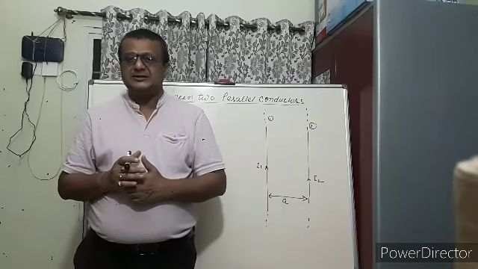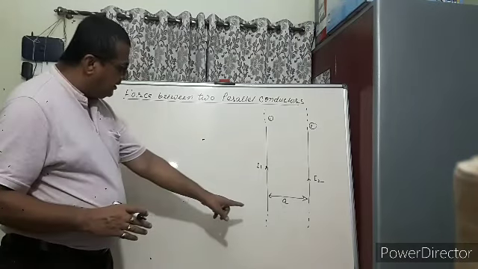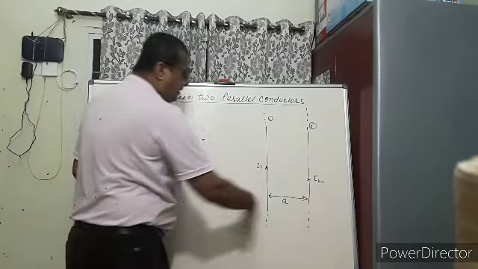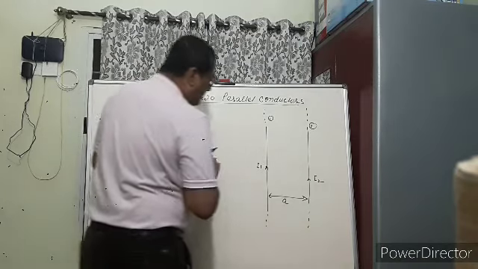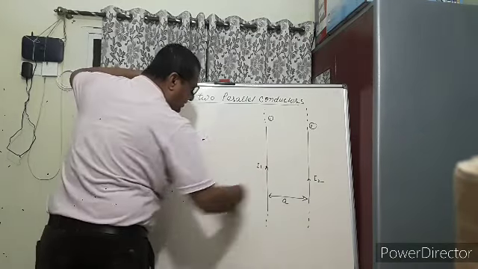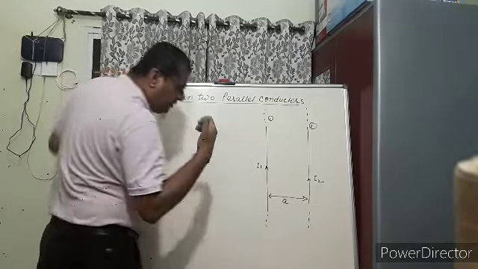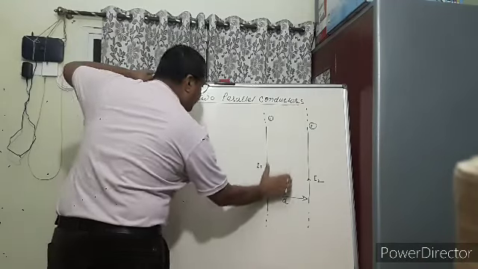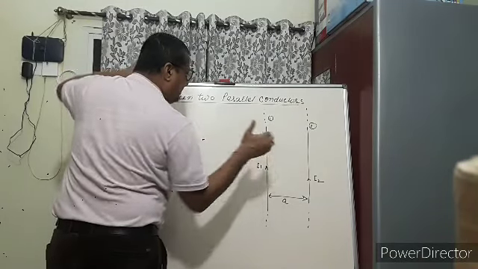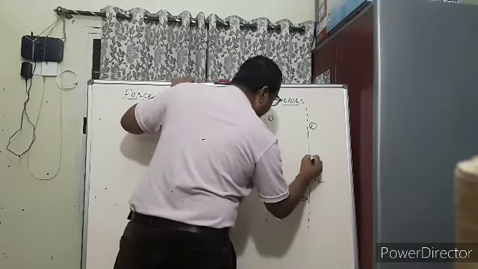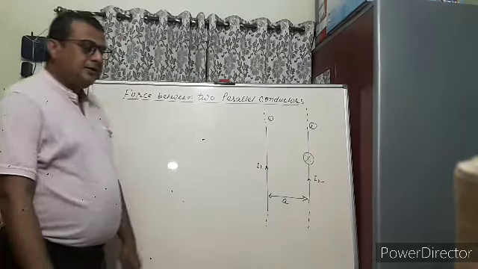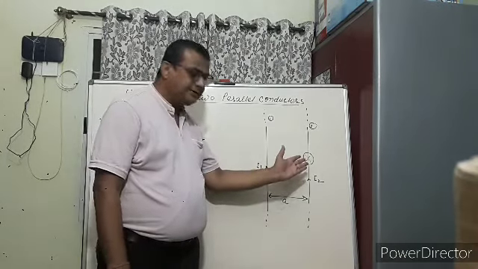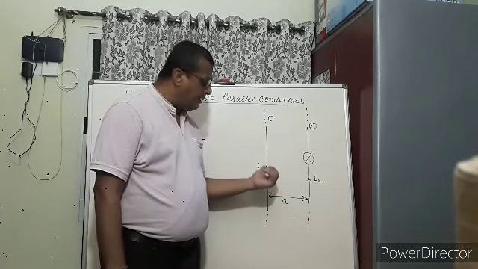So on the basis of this concept, first of all, when current is flowing through the first wire, a magnetic field is generated in its surrounding. Suppose that here magnetic field is generating in the surrounding of I1. Which type of magnetic field is generating? Let us see. When the thumb indicates the direction of current, the curled fingers are going in. So here an inward magnetic field is produced. In the inward magnetic field, conductor 2 is kept. So force will act on conductor 2 due to 1.